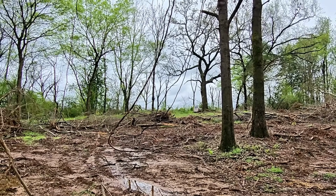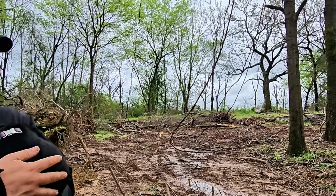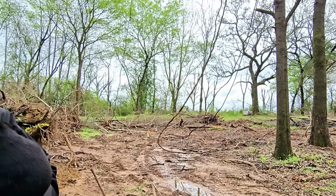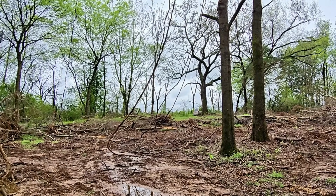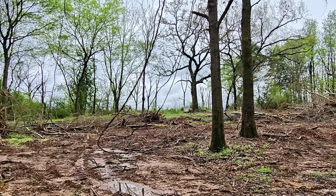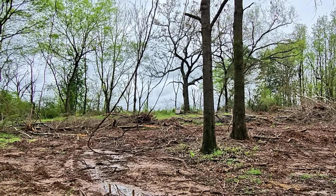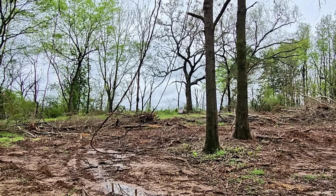But we got a chipper now. We can spread that all out around here to help keep all this from getting so muddy when it does rain. A lot of the topsoil was disturbed here, but even at the front part up there where the car's parked, that was bulldozed about 7 or 8 months ago, and there's already vegetation growing back up on